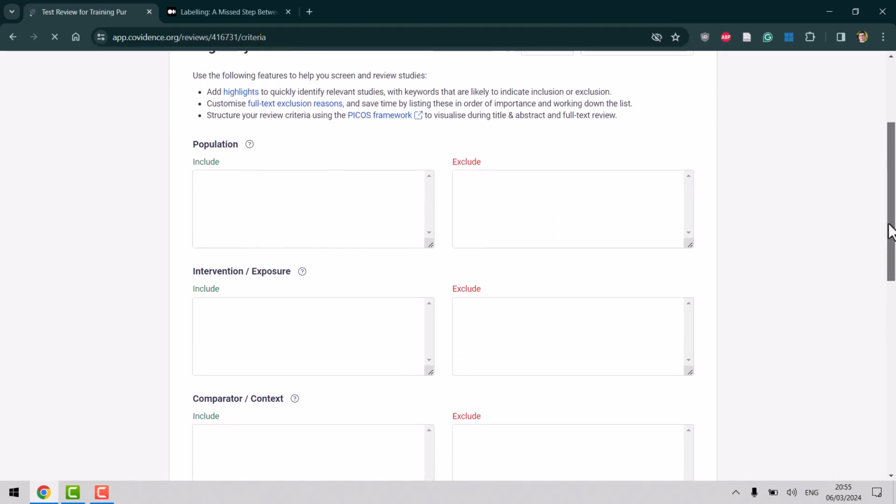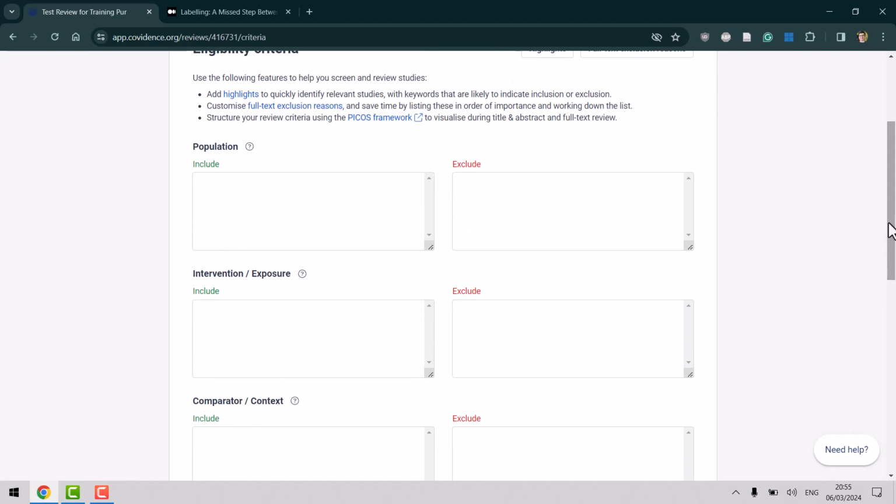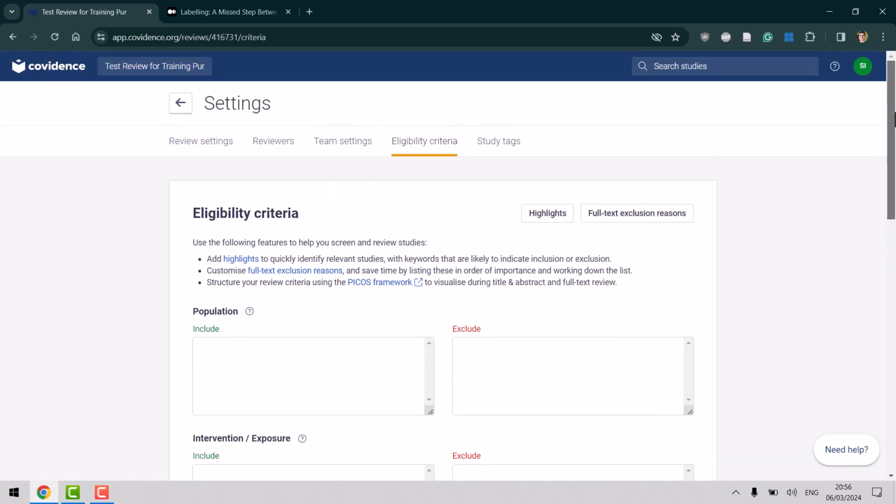The importance of this information is that when there are lots of criteria, or there is accurate reporting of exclusion, you may need a guide, like checking. If there's lots of criteria, you need to check the criteria. Sometimes you see a record, you are not sure if you are going to exclude or include because you are not sure if it meets one of the exclusion criteria. So you can open and read the exclusion criteria, which is quite useful. So that is the section that I would say is really good. You could just copy and paste from your